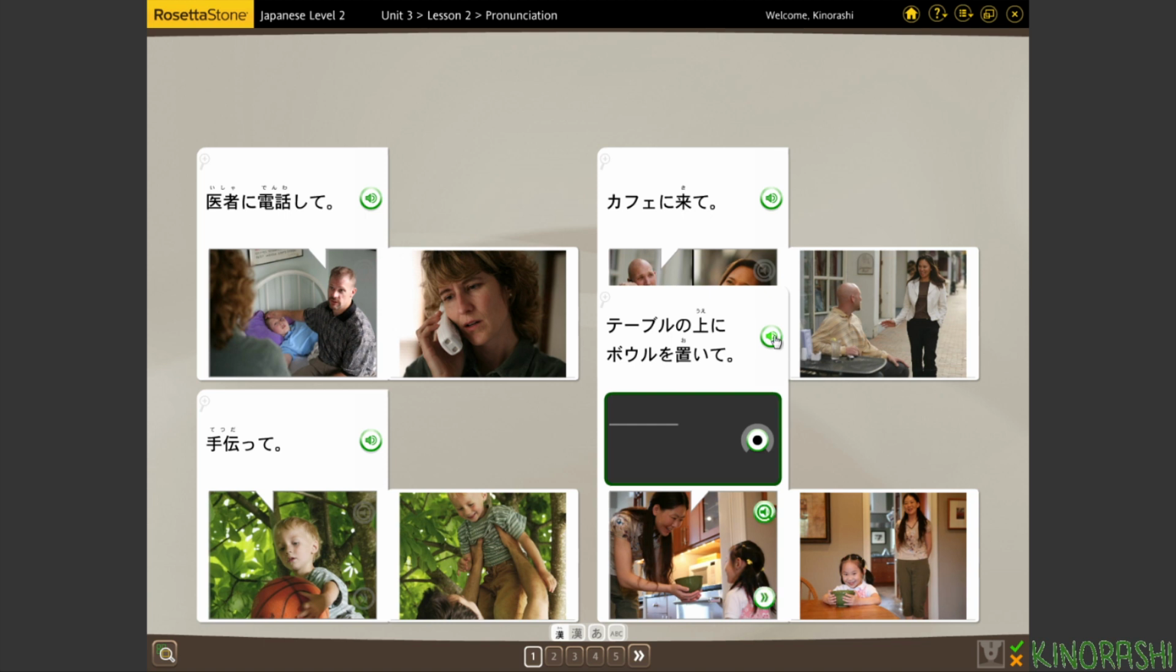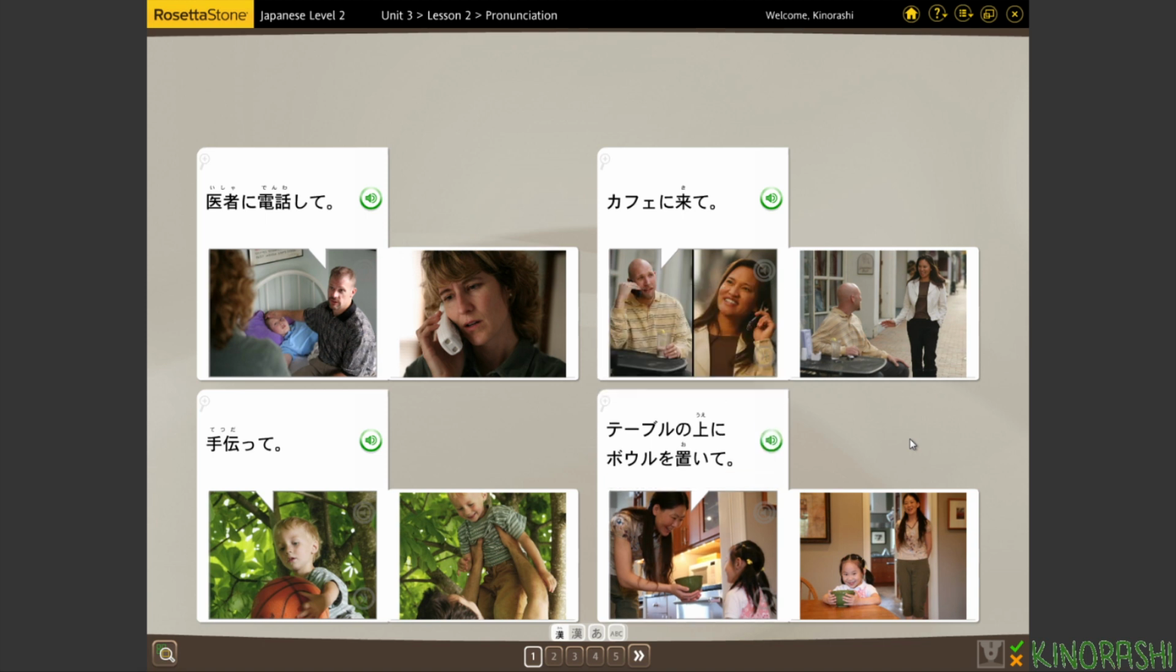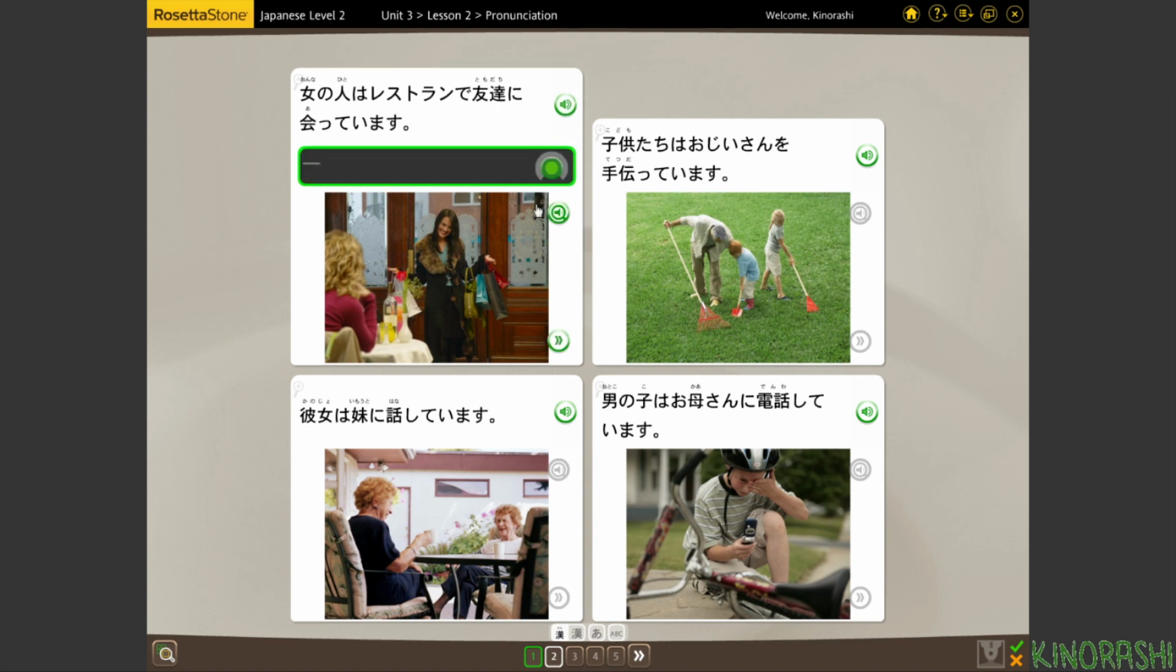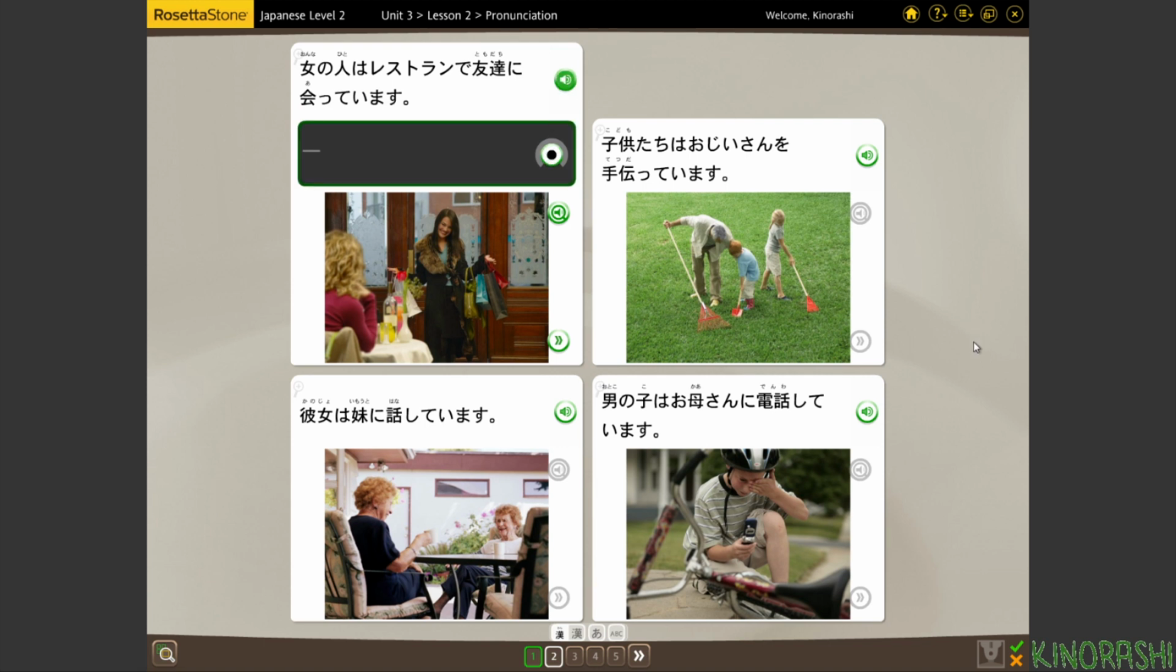Tetsu date. テーブルの上にボールを置いて、テーブルの上にボールを置いて、 テーブルの上にボールを置いて。 テーブルの上にボールを置いて、女の人はレストランで友達に会っています。女の人はレストランで友達に会っています。